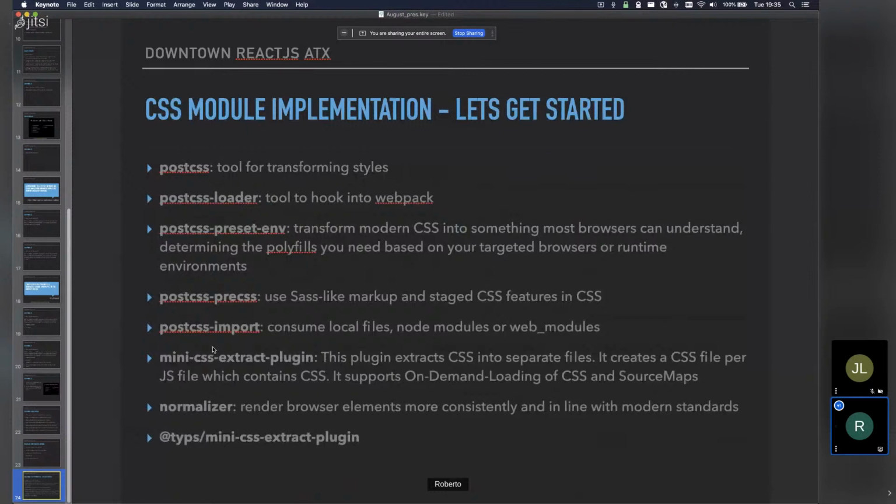So right before we get into it, the list of tools that we'll be using, right? PostCSS is the transforming of the styles. The PostCSS loader is the hook into Webpack. PostCSS preset env is taking the latest and greatest of CSS and adding polyfills to it depending on the browsers that we're targeting. Very similar to what Babel is doing, but